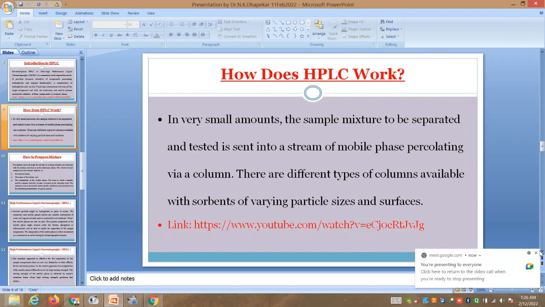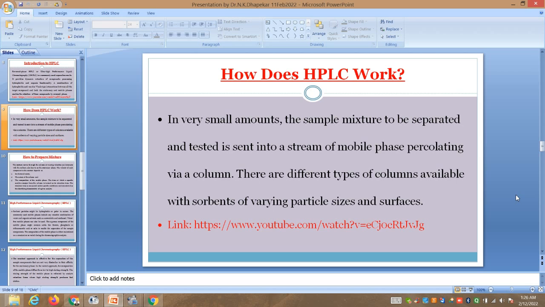I have shared the link. You can go through those research papers and see how HPLC is helpful in detecting the compounds of interest in cement and in chemical admixtures and